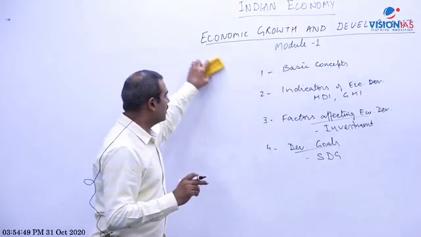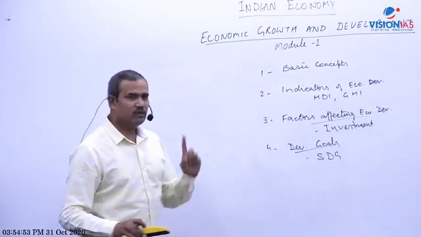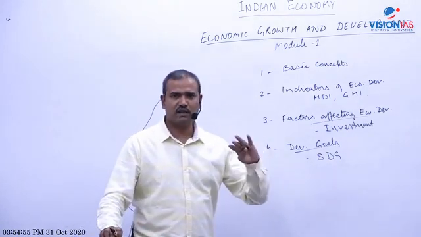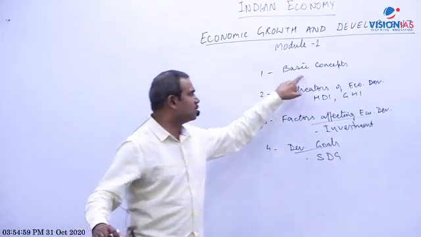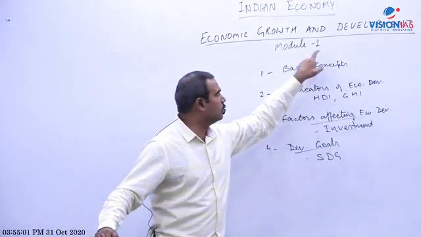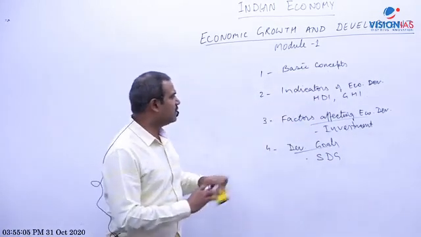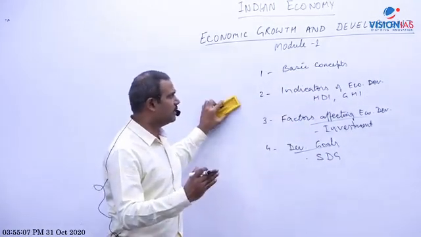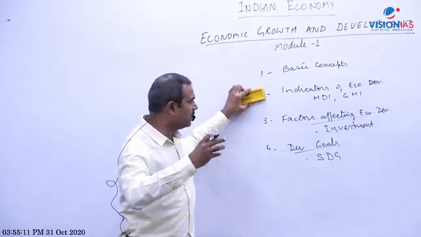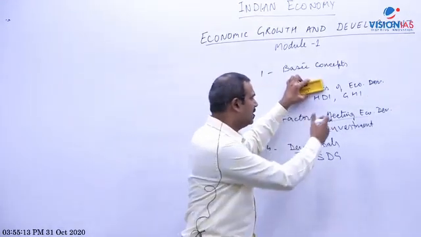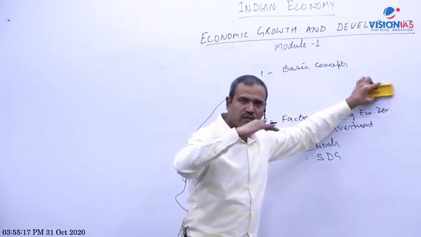Okay, so now we'll start with this chapter, economic growth and development. I repeat once more that 4 sections are there in this chapter. It is a slightly long chapter. First I will start with basic concepts: economic growth, economic development, inclusive growth, etc. Then how we measure economic development. We measure with various indices like the Human Development Index, Global Hunger Index, Happiness Indices, etc. And I will discuss where we stand.